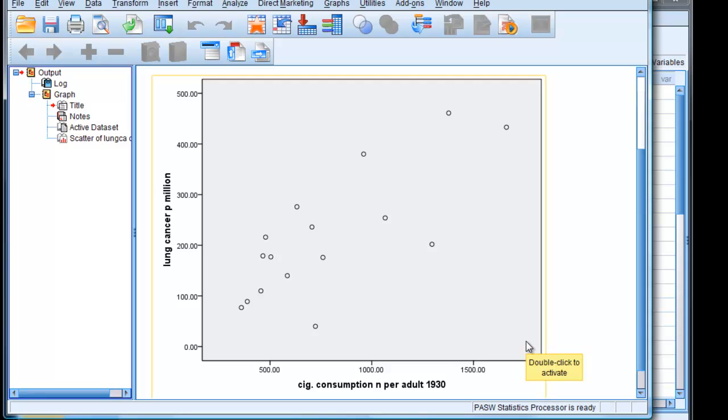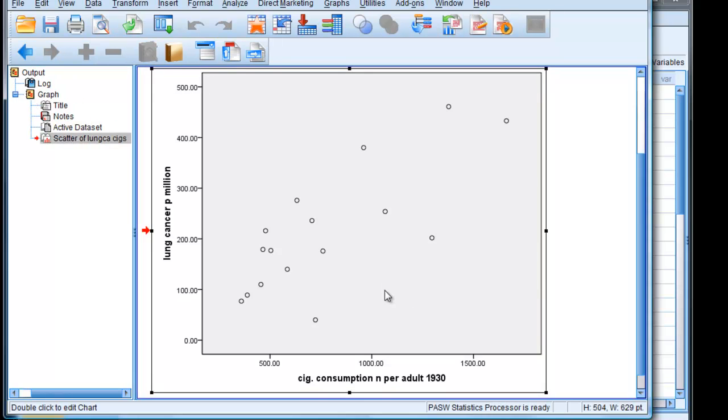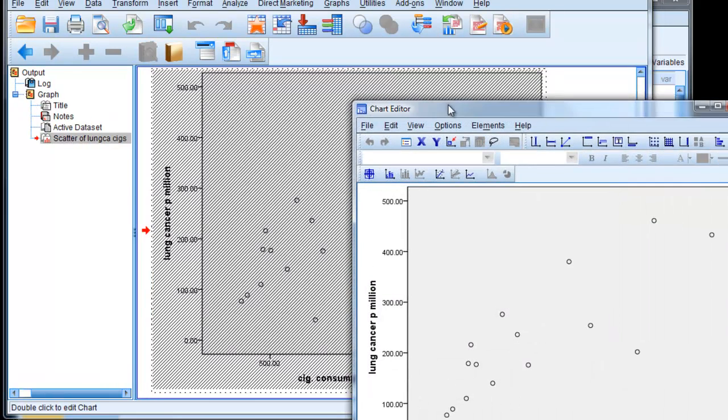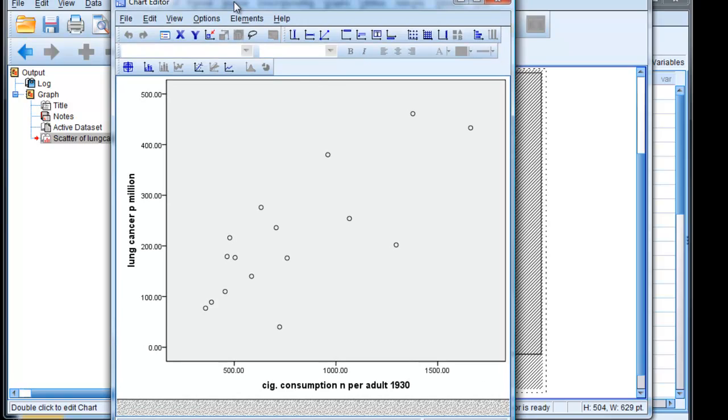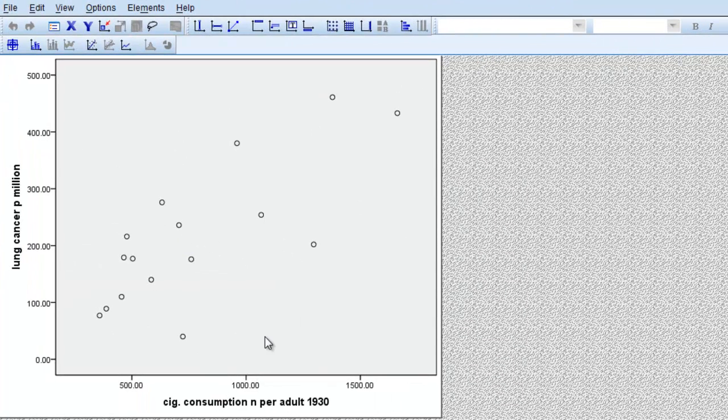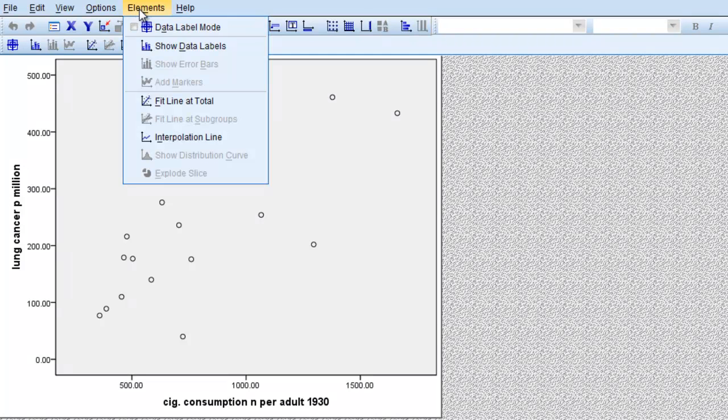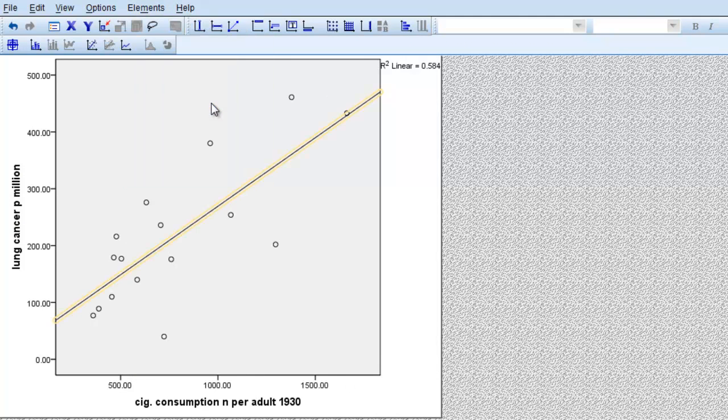Right, now we'd like to add a confidence interval and a prediction line in SPSS. So we just click on the chart, which brings up the chart editor. Once in the chart editor, then we click on this option that says add fit line at total. If you can't see that little icon, you can go to the elements option, and we've got the same option there, fit line at total. Click on that,